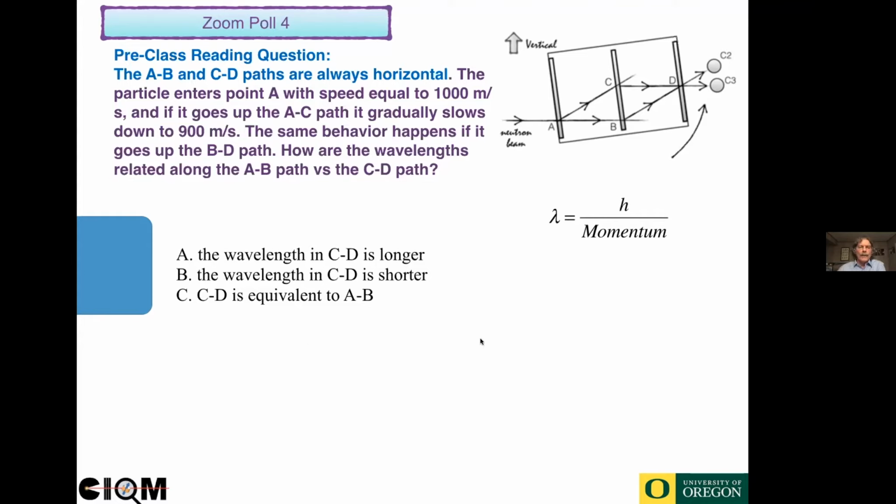So almost everybody said A, which is correct. The wavelength in CD is longer. That's simply because in the CD path, if the particle is in the CD path, it's traveling slower. Therefore, its momentum is